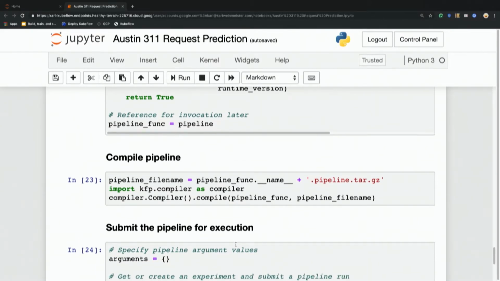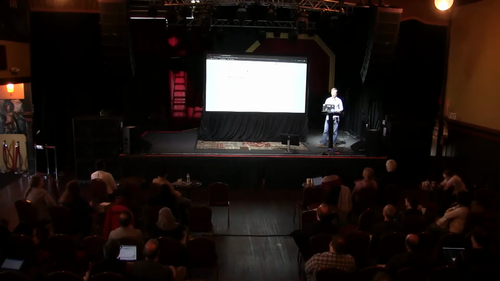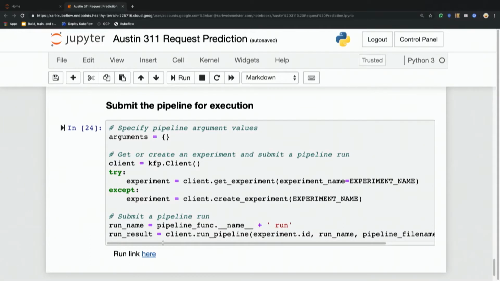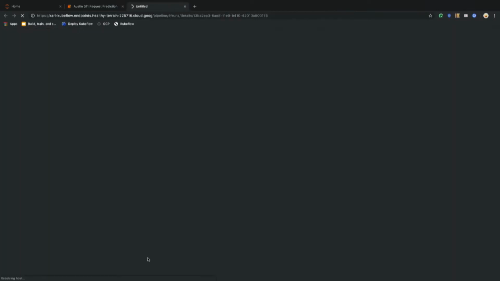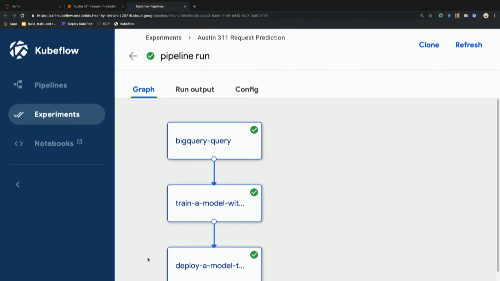So that's basically it for creating your pipeline. It uses a component that compiles it and puts it into that YAML format. You don't really have to worry about that. It's sort of behind the scenes stuff. And then finally, submitting the pipeline. So here we're running it, and it creates a nice little link for you into Kubeflow, into the pipelines interface. So there is our